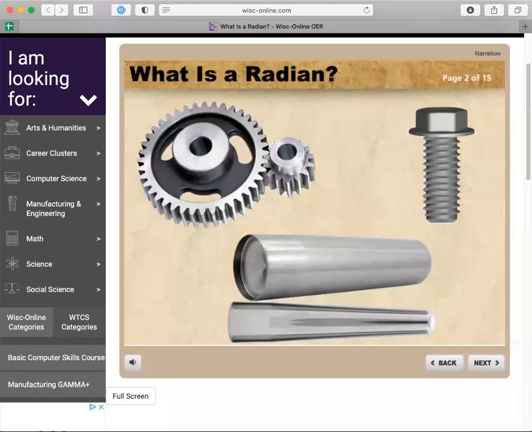We're going to walk through a learning activity, and you can find the link if you want to review this on your own in the notes that are entitled Unit 2, Day 1, What is a Radian? So our goal in this activity is to learn about another way to measure angles. In the past, you've primarily used degrees, and today we're going to learn about another way to measure angles